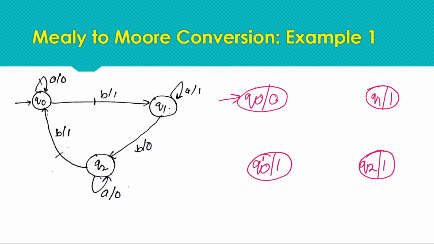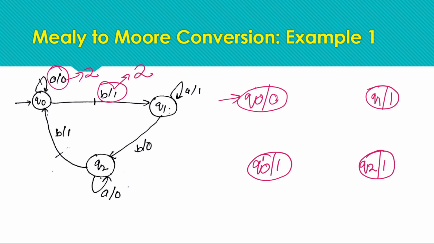Remember one thing, if a state is divided into two states for the Moore machine, then every transition of that state is going to have two equivalent transitions in the Moore machine. For example, if we have this transition and this transition, meaning two outgoing from Q0 in the Mealy machine, then in the equivalent Moore machine, as we are having two states corresponding to Q0, we are going to have two transitions for this transition.